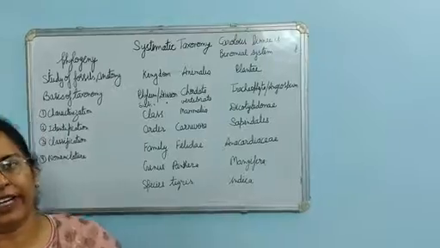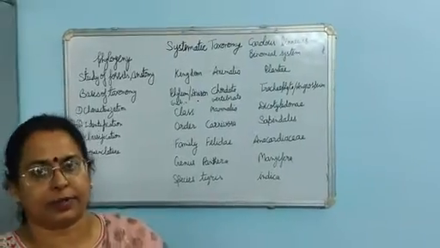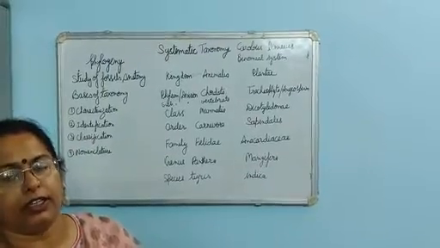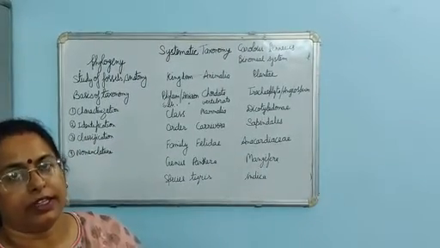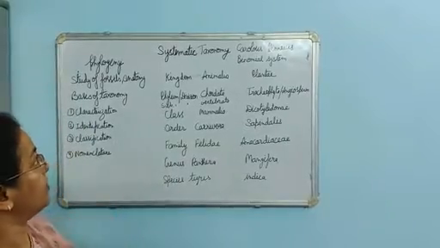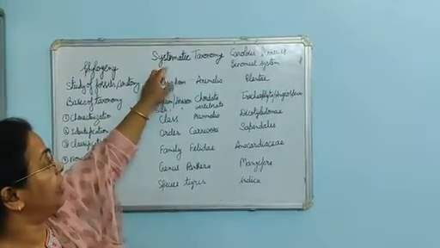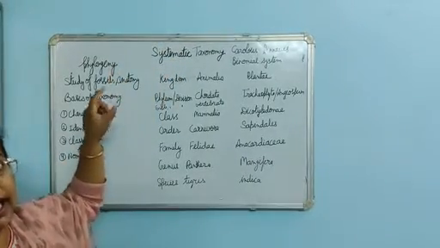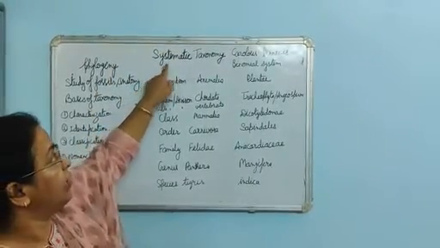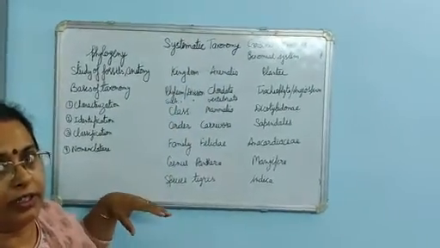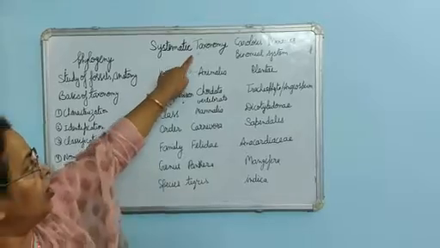Because there is a wide variety of living organisms, we have discussed biodiversity. It's not easy to study all these living organisms. That's why we classify them. There is a branch of science in which we divide them on the basis of their characteristics, morphology, habitat and many features. We divide all the living organisms into different categories. That is known as classification or taxonomy.